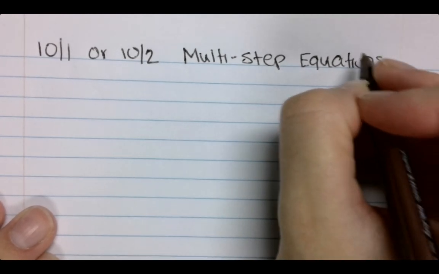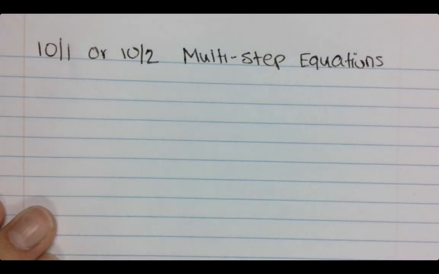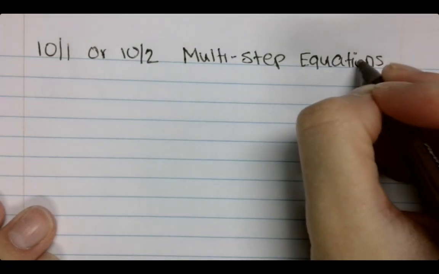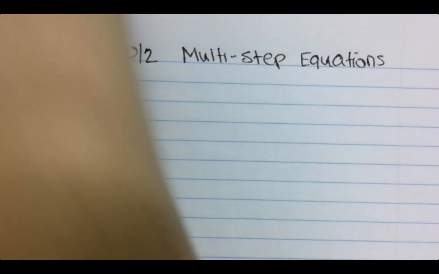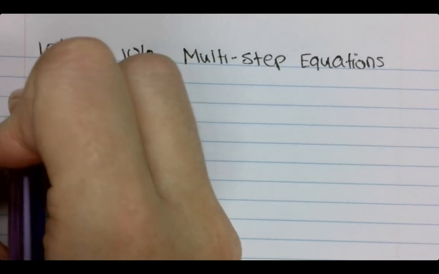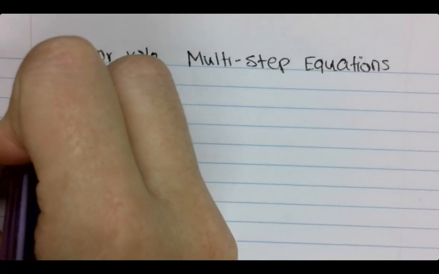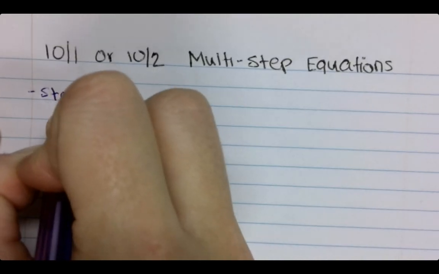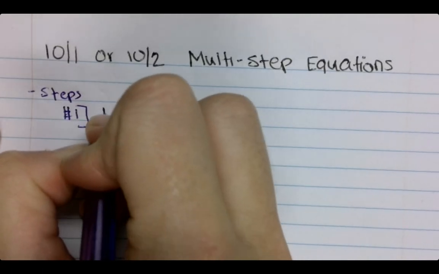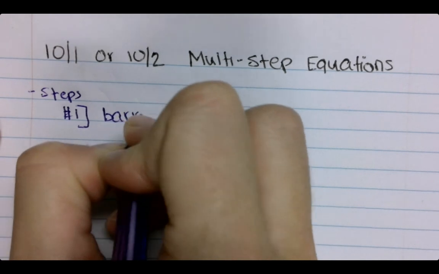So we're going to take what we've been working on, our two-step equations, and everything that we've done the past couple days in class, in that review, and we're going to expand on it, all right? So first, let's write down our steps. They are no different than solving a two-step equation. So we have our steps, and remember, as we just looked at, 1 is our barrier,